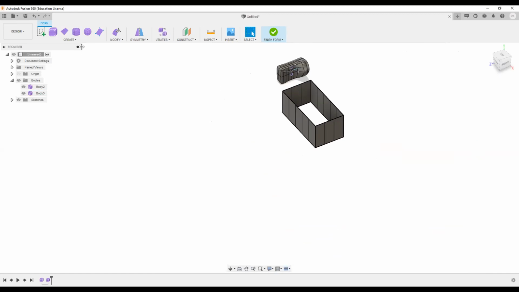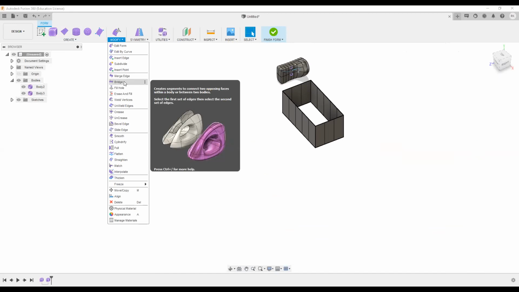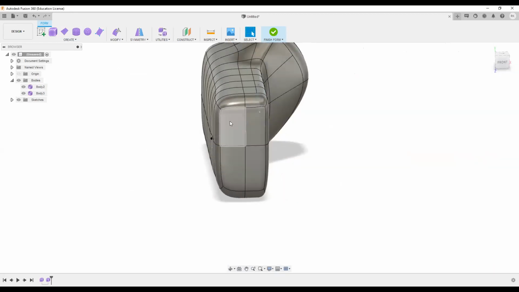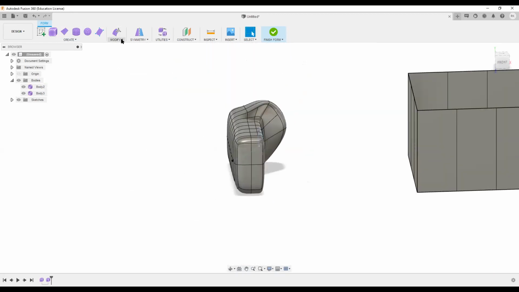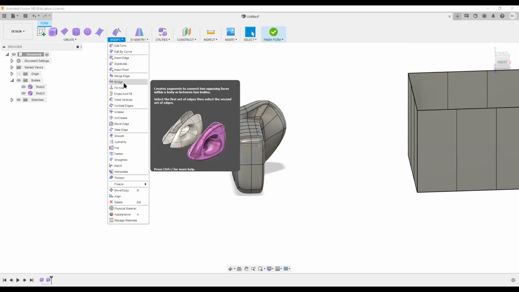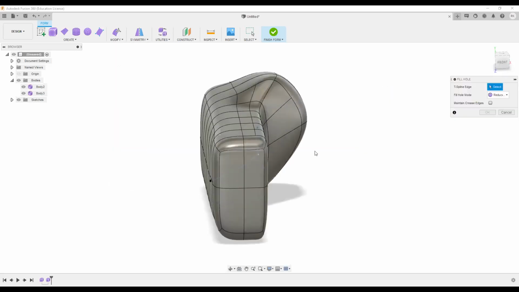I don't know why it's not coming out right now, because of the example or what. But we can use this bridge tool also. Then we can insert a fill, or we can insert a hole into the T-spline edges.